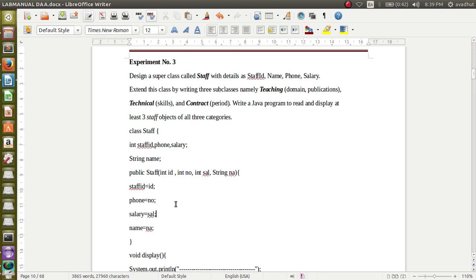A constructor is used to initialize the values of the variables. So I am initializing the value of staff ID, phone number, salary and name with whatever values are passed here directly. While creating the object only, you are giving the values for this. No need to read from the user. So when you give the values, automatically they will be initialized here.